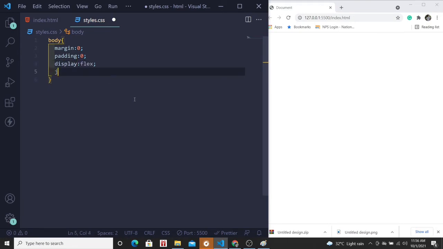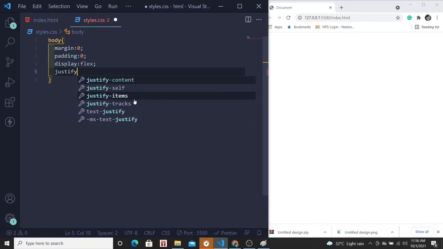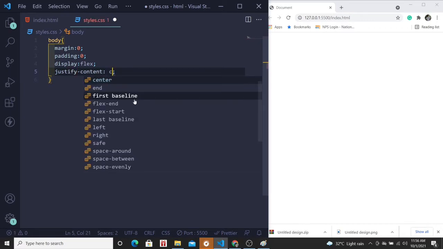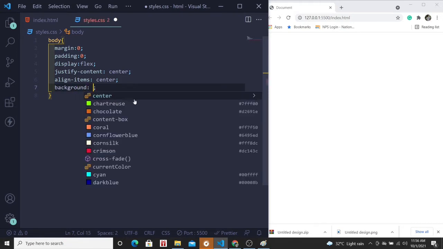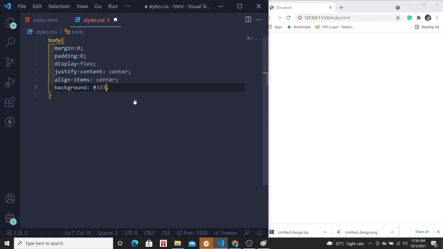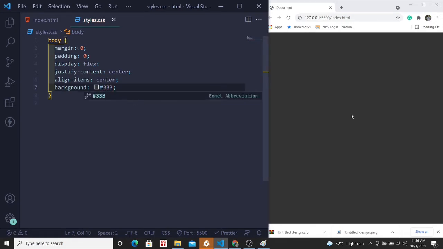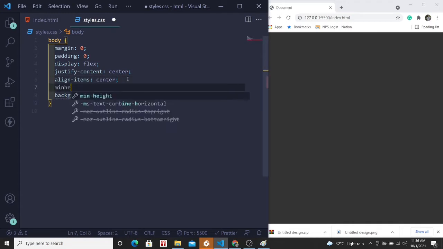Then we'll have justify content as center and align items center. Okay, and a background will provide us this. If I save it, okay, another thing that is required, a minimum height that is required, so that we can